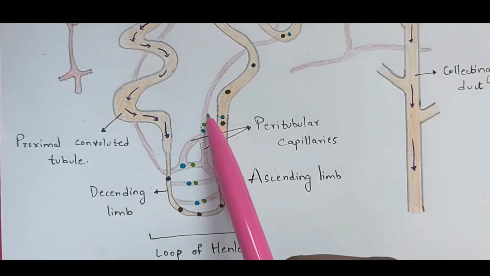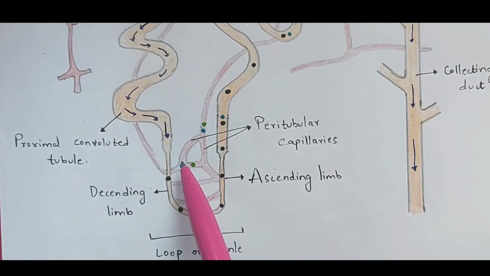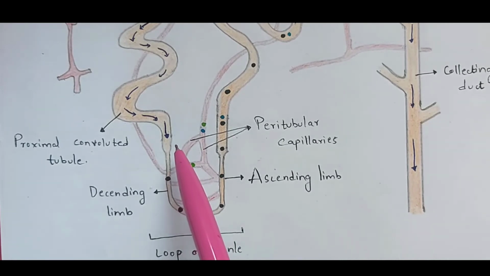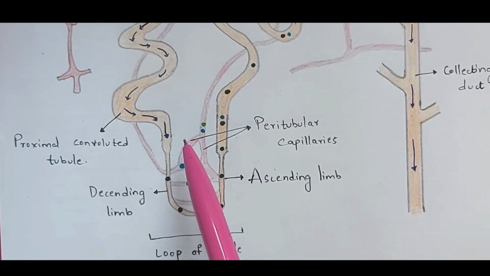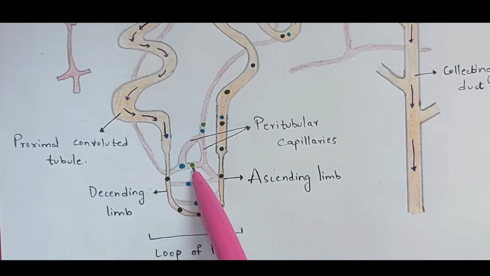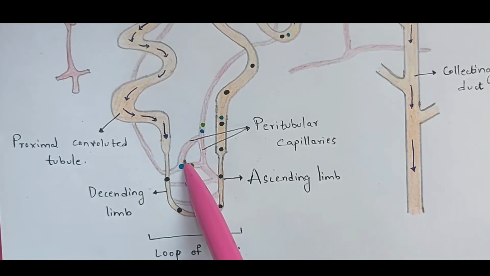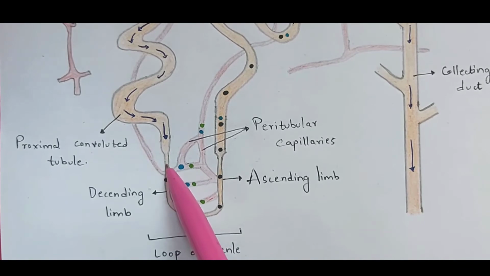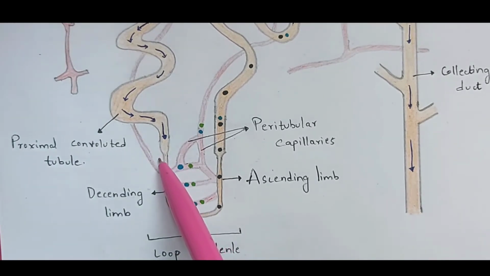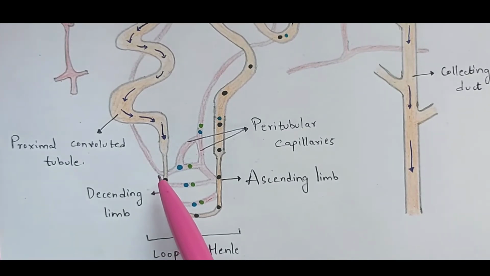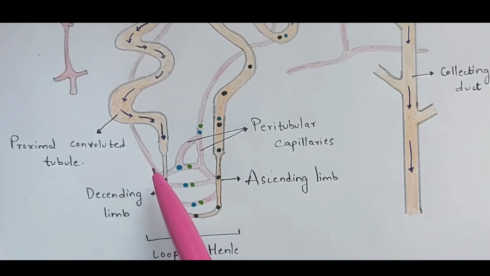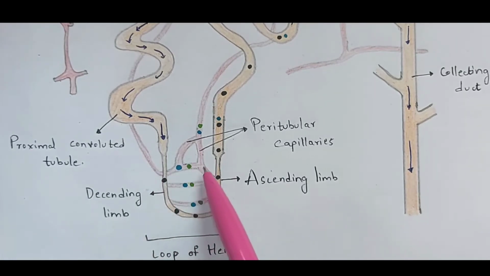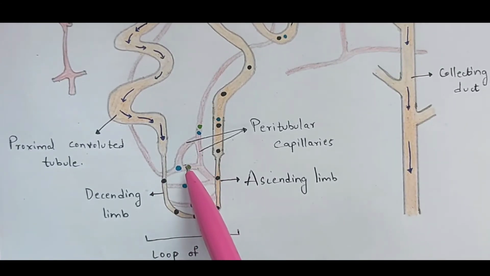So all of this green color is nothing but the blood capillaries, right? Each and every nephron will be surrounded with blood capillaries, that is for sure. Okay, so it will be absorbed. This blood will absorb the water molecules as well as the salt molecules from this proximal convoluted tubule. Not the total amount of water will be absorbed, only some amount, approximately 70% of water, will be absorbed in this region by the blood capillaries.